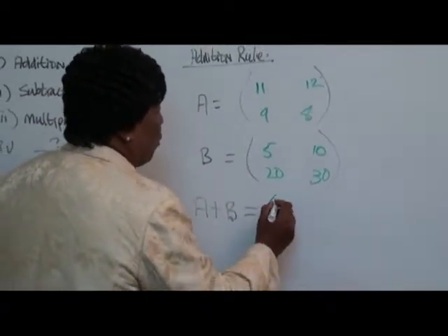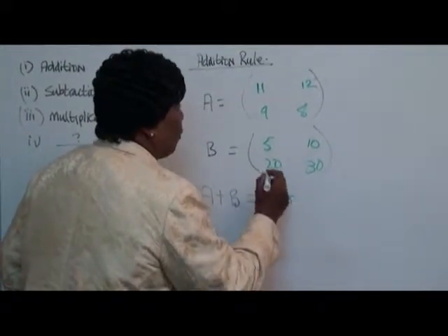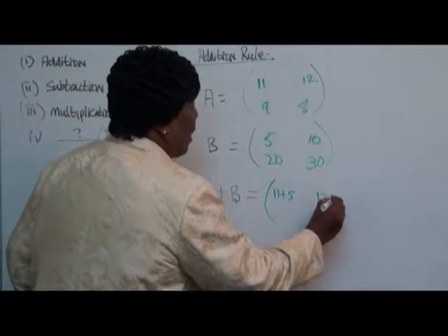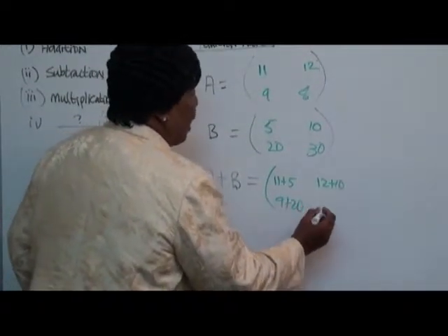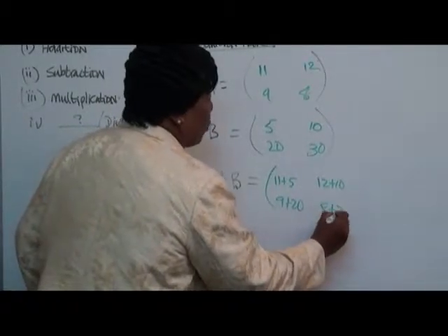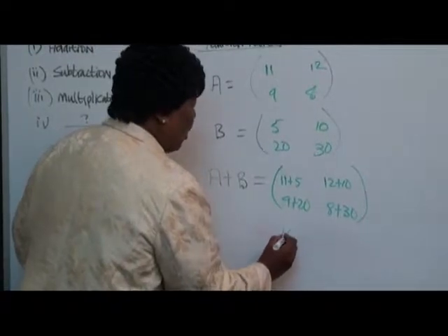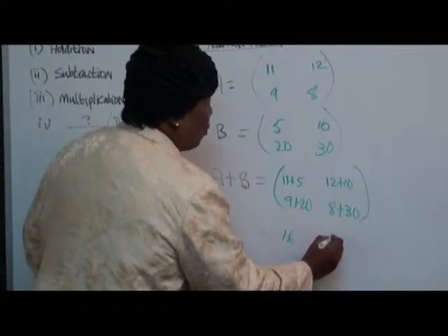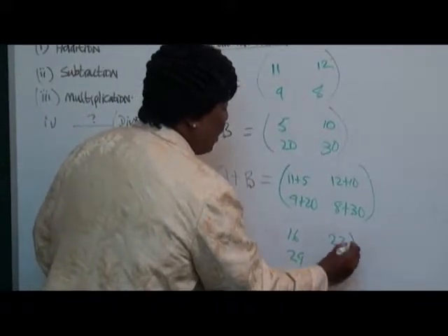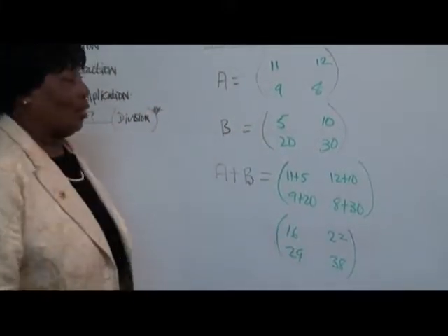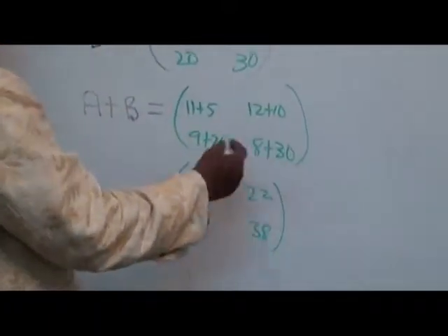We don't have to waste time, so we're just going. 11 plus 5, the first ones. 12 plus 10, second ones. 9 plus 20, third ones. And lastly, 8 plus 30. And we can write, not even your calculators you want. So this is 16, and this is 22, and that is 29, and that is 38, and that is the answer. And I'm sure some of you can say, I don't even have to write this second step,